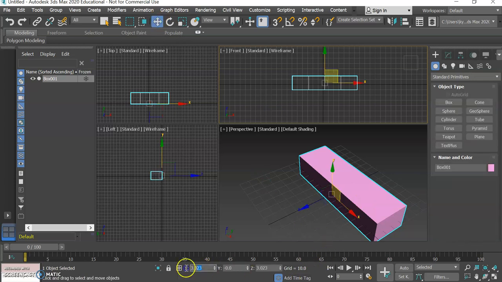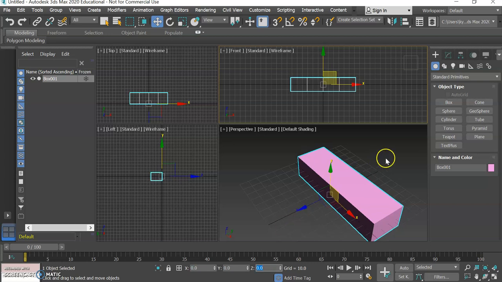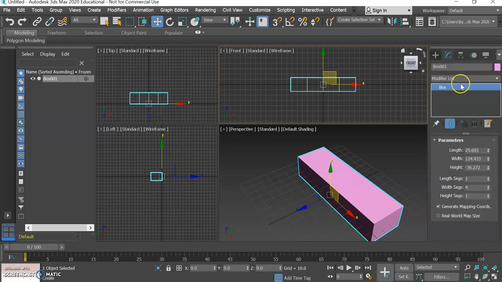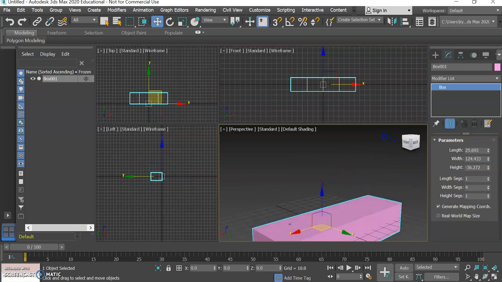So I am going to make sure that my box is at the origin, 0, 0, 0, just in case. And we can probably see when we look at it from the front here that there are 4 lines here. Now the reason for that is because I had made a change before. Most of the shapes you guys were working with last time around, we didn't work with our segments. But what our segments actually do for us is allow us to add additional detail to our 3D objects. So in this case, I'm adding 4 segments because one of the first things I'm going to do is